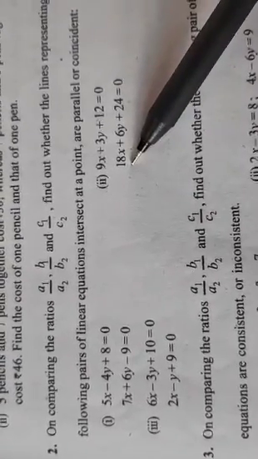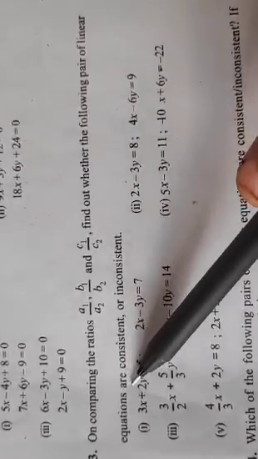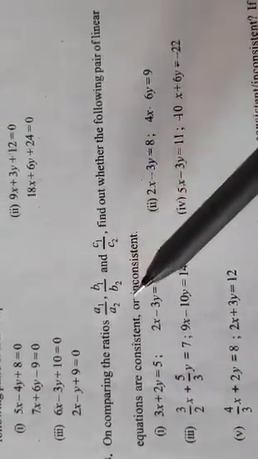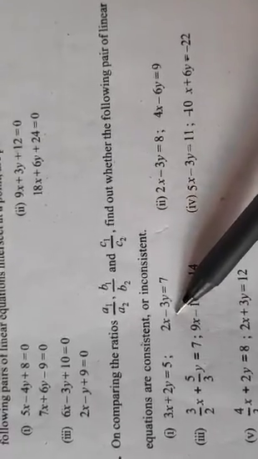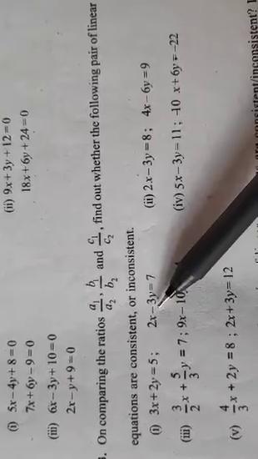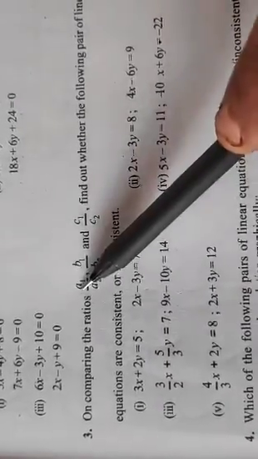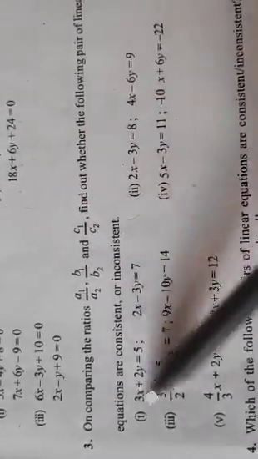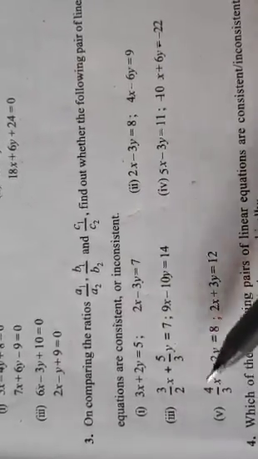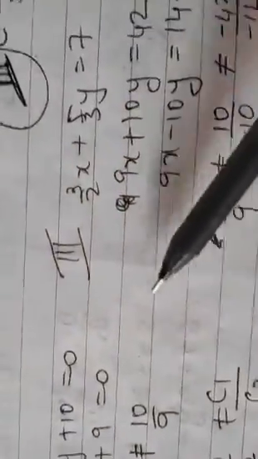Without graph, how to solve it? Same way the second one. Again compare the ratio and decide whether they are consistent or inconsistent. Now consistent में दो प्रकार है. If you get one line and if you get a unique answer, both are consistent. But if the lines are parallel, it is inconsistent. So for that, again you have to decide a1 upon a2, b1 upon b2 and c1 upon c2 for all the equations. I hope you will try it on your own. I am doing the third one for you because there is a fraction. Okay? See, the third one is worked out like this.